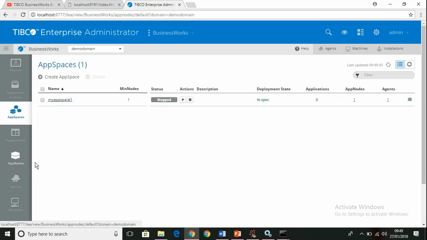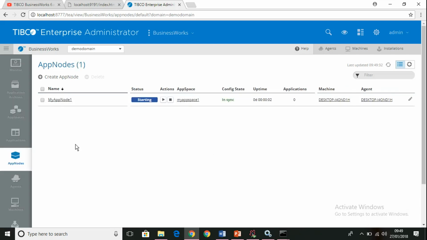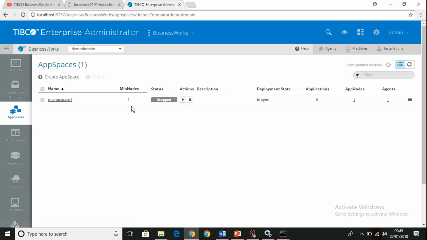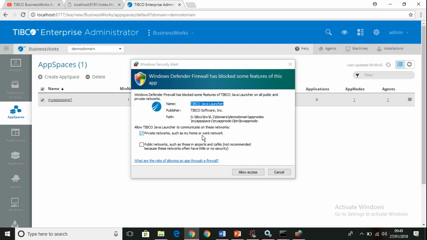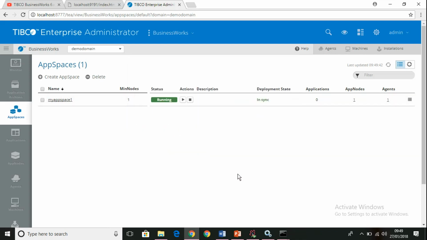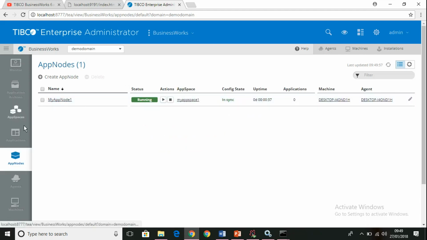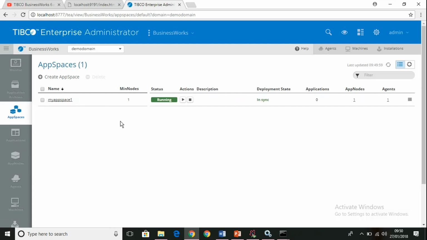Let me wait till it becomes running. It's starting. Let me try to start it again. So that's fine. Yep, you can see that my app node is running, my app space is running.